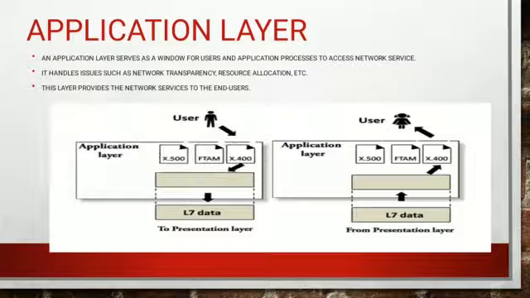So this is the application layer's architecture: how the data is there and how it is transmitted to the next layer, called the presentation layer. Various different types of applications are used here, and in those applications the data is represented in different formats. By using this application layer, the data transmission starts first, and from the application layer it is transmitted to the presentation layer.